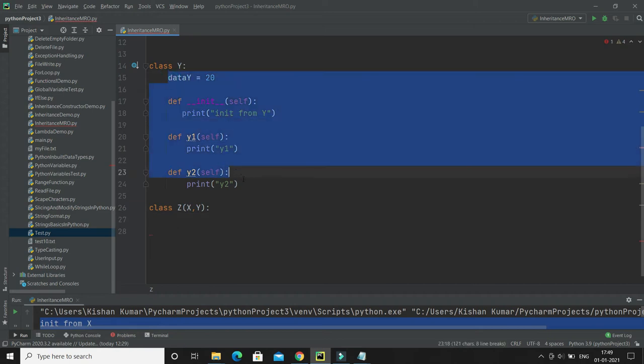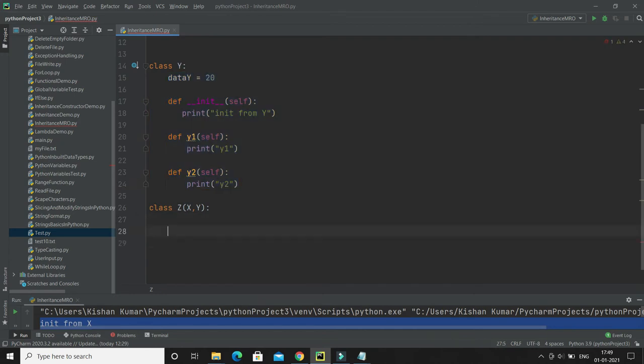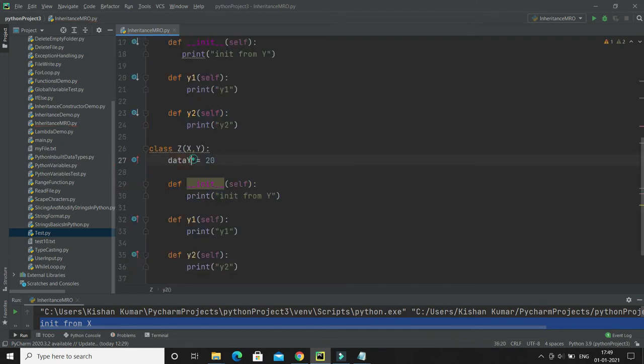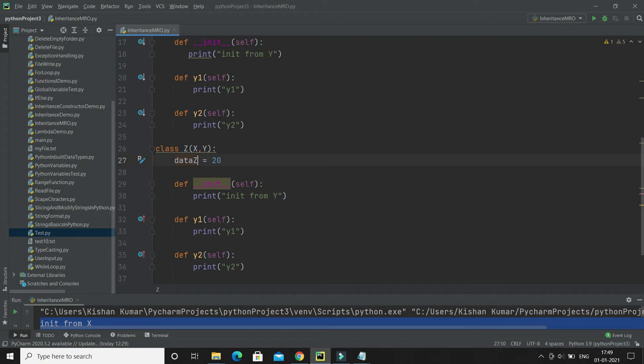Now in this class I'm going to add properties and features. Let's say I have a property data Z equal to 30, and I have a constructor, so I'd say init from Z, and accordingly I'm going to change the functions to Z1 and Z2, right?